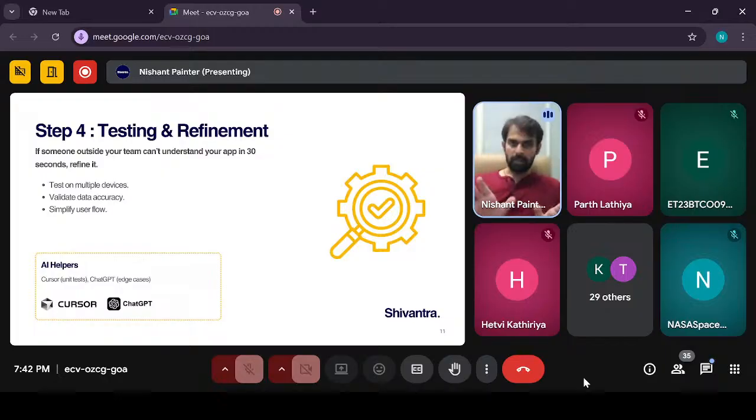Second, always test your application on multiple devices and multiple operating systems. What does that mean? You test it on the web, you test it on a browser on your phone, a different browser on your phone. Then you test with either iOS or Android, depending on the phone that you have. And your app should work exactly the same on all of these devices. This has to be taken into consideration, because you never know which browser your jury is using, right? So this needs to be taken care of.